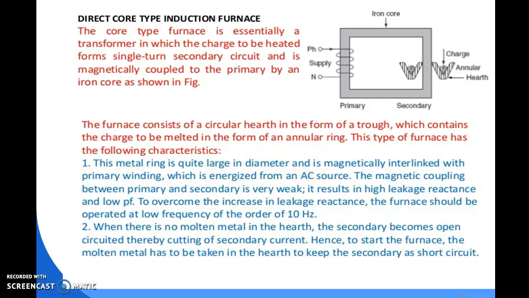This metal ring, of quite large diameter, is magnetically interlinked with the primary winding, which is energized from an AC source. The magnetic coupling between the primary and secondary is very weak. It results in high leakage reactance and low PF, low power factor. To overcome this increased reactance, the furnace should be operated at a low frequency. Okay, we will discuss